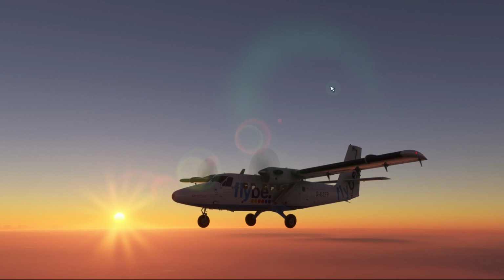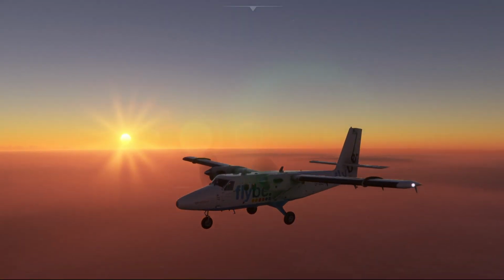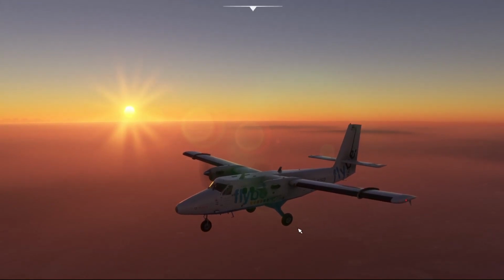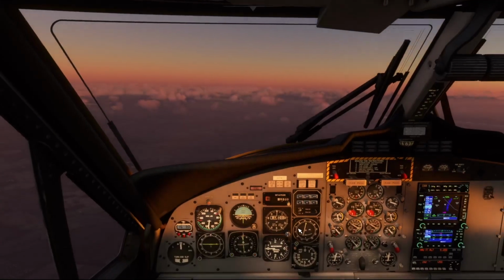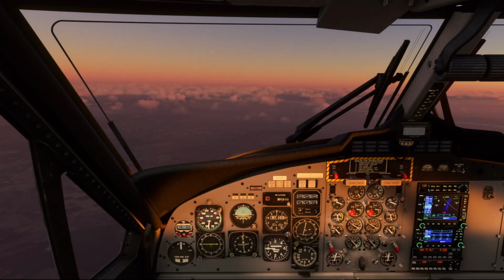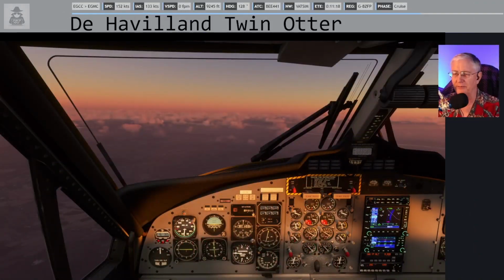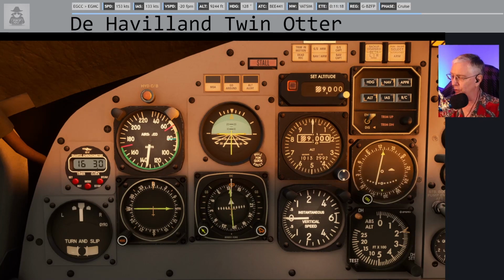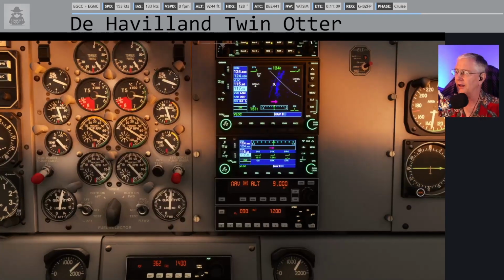How about that sunset? This is one of the things that I've got to tell you, Microsoft Flight Simulator, and X-Plane does really well too, but Microsoft Flight Simulator, it is all about the visual experience, and boy, is it just absolutely amazing. Hey, welcome back. Thank you for coming in. Let's hit the right button instead of the wrong button. And look at this. We have already gone from Brookman's Park to the LAM VOR,